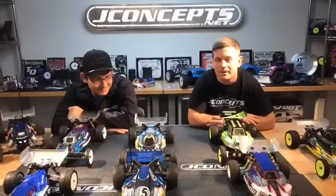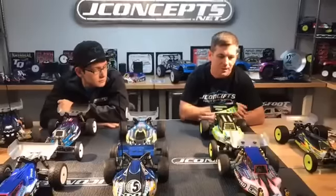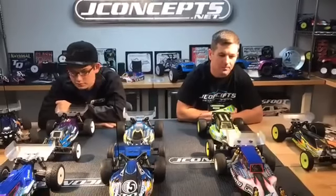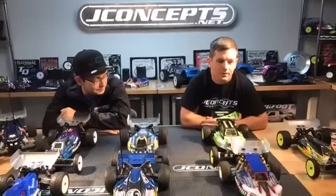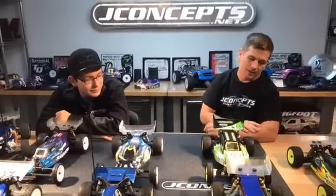So kind of where things started for us was the RC10 days, obviously, 1985, the car came out. So they tried to just make them look like buggies. I mean, there was really no rhyme or reason other than just trying to make them look cool, you know, like a real car. And we had the cab back, I guess you could call it,